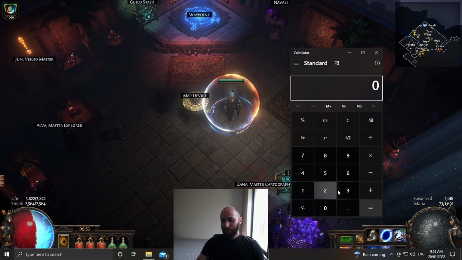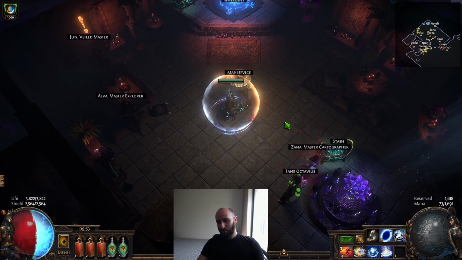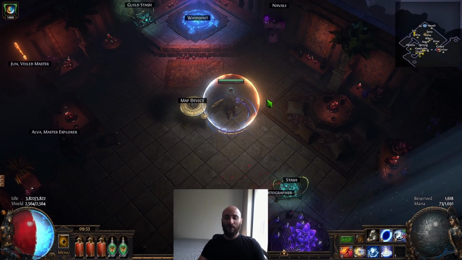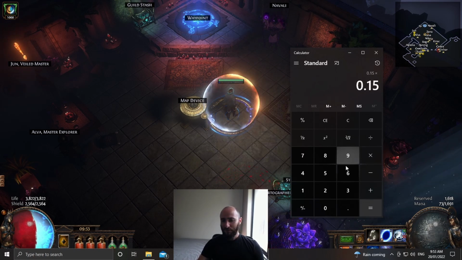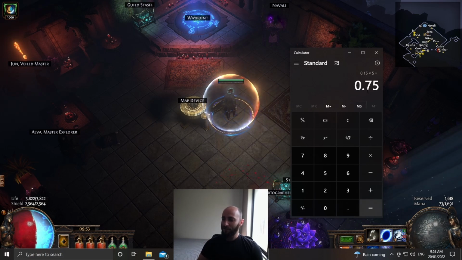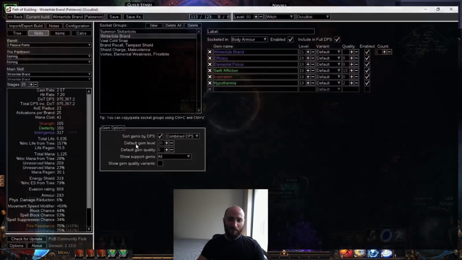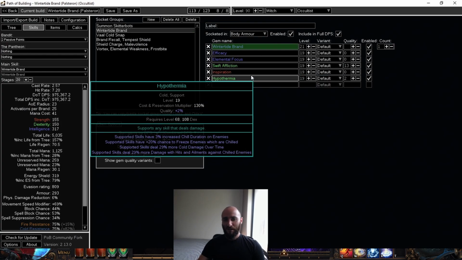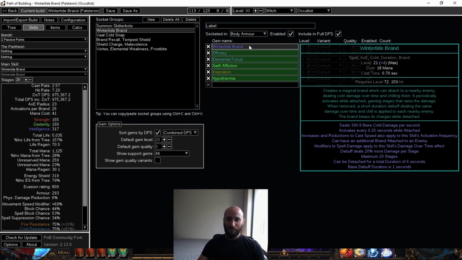You would have your activation speed, so it says it right down the very bottom there, activates every 0.15, and he gets 5 of those at best, right? So we got 0.15 times 5, he gets 0.75 of a second at maximum stages. And that maximum stages is where his actual damage comes from, right? Because all these things you add to your Wintertide Brand are multiplied out by the amount of damage over time